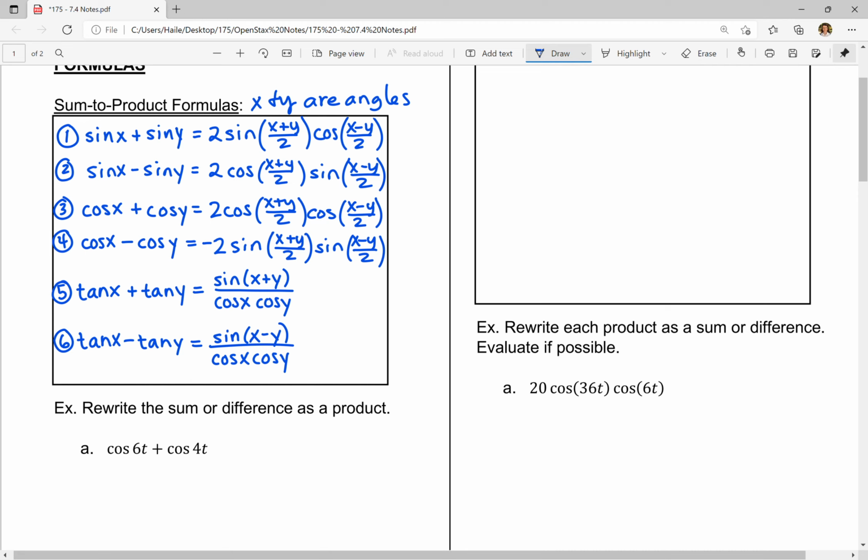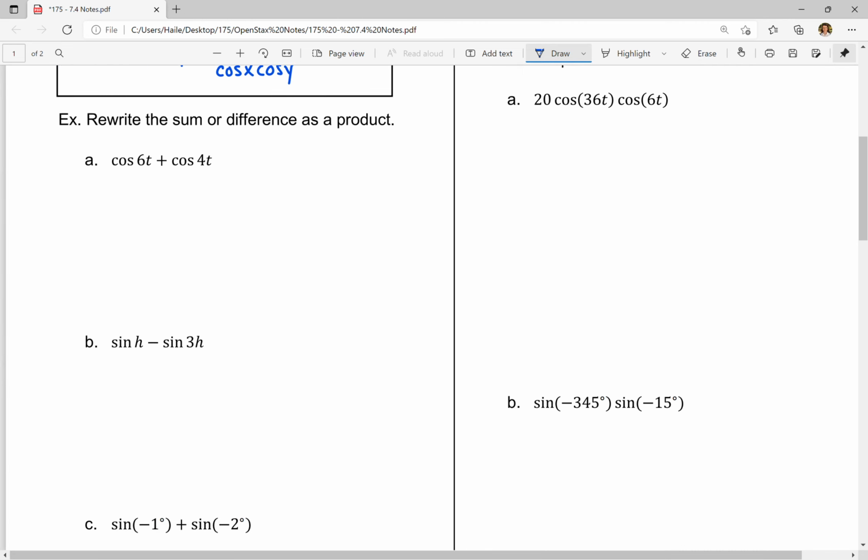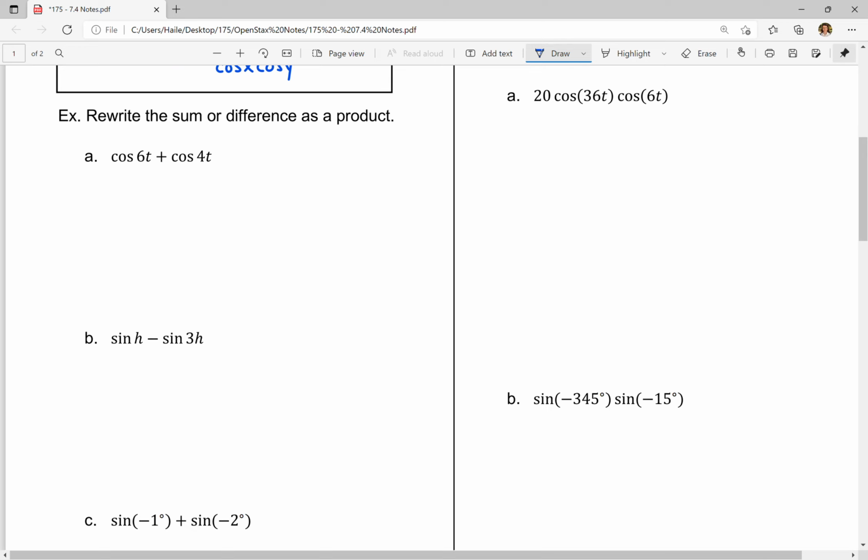So now let's practice using these with a couple of examples. We're going to be given a sum in the following problems, and we want to rewrite the sum or difference as a product. So in example A, we have cosine of 6t plus cosine of 4t. Since this is a sum of cosines, I'm going to use formula 3. I'm going to make a little note of that, so when you're going back and looking in your notes, you know which formula we used. So if I'm using formula 3, then that's going to be